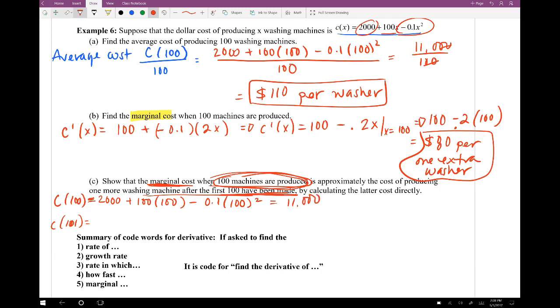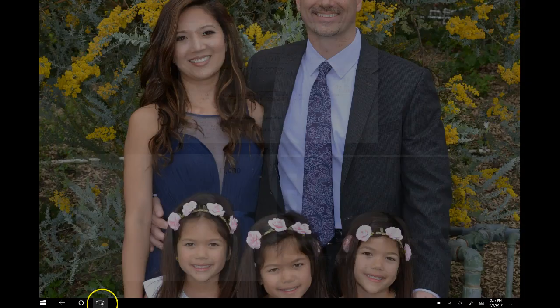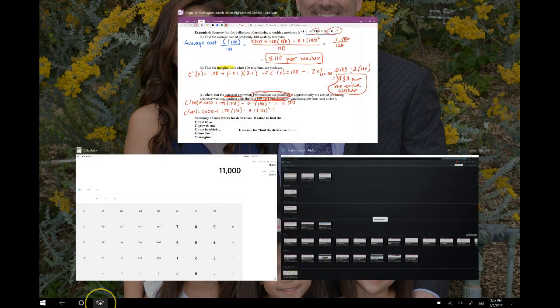All right, and then 101. So 2,000 plus 100 times 101 minus 0.1 times 101 squared. Let's see what this is going to give me. I need a calculator. Okay, so I have 2,000 first. 2,000 plus 100 times 101. So what's that now? That's 12,201. And then minus,